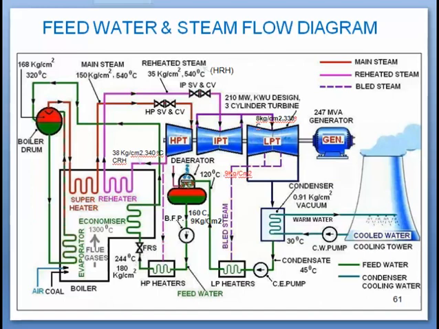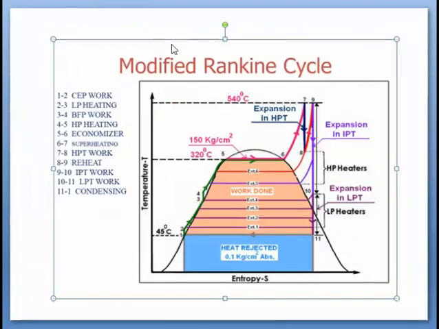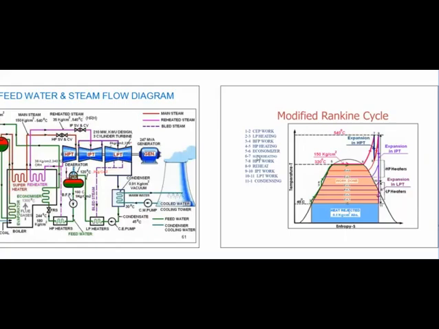Now we will see the modified Rankine cycle for a 210 megawatt power plant. We will see the various processes that are taking place and how the regeneration and reheating occur. Now we will see that regeneration and reheating process on the TS diagram. So here you can see